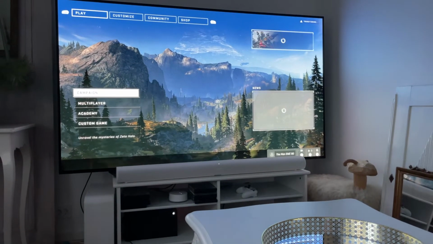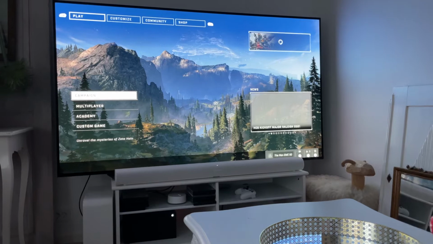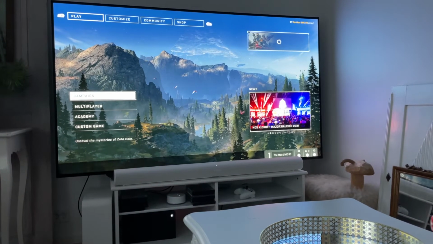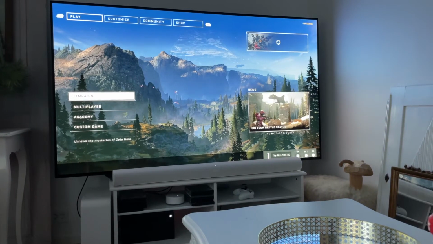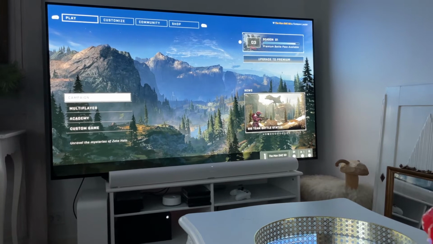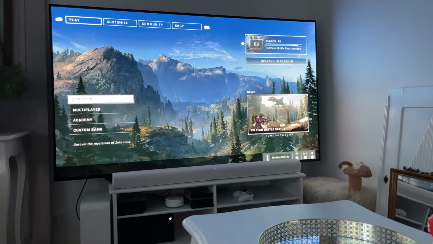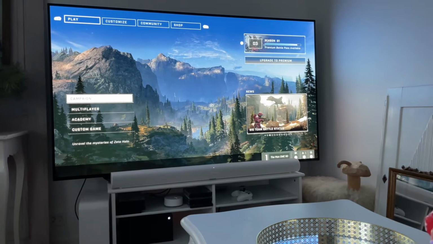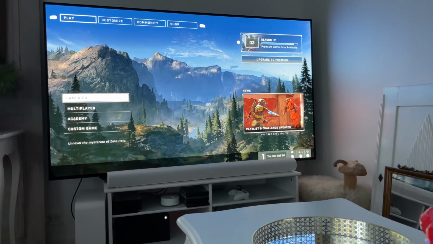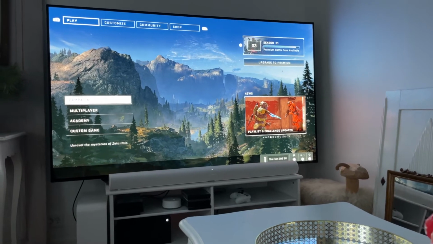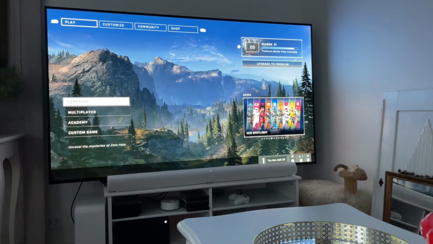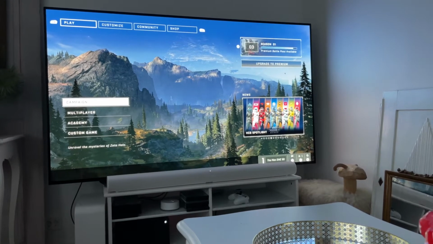So if you do these settings, the micro stuttering will go away in Halo Infinite, but if you see this problem in other games, it will not resolve it, sadly. So my suggestion is not to use option 1, but what you can do is, when you are in the menu,